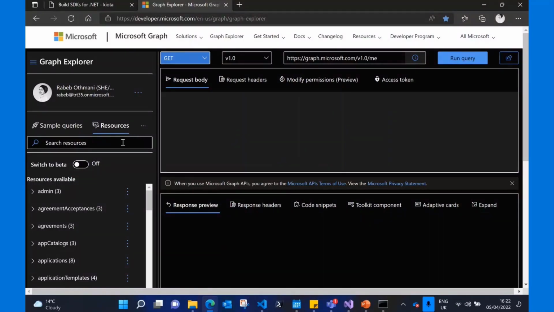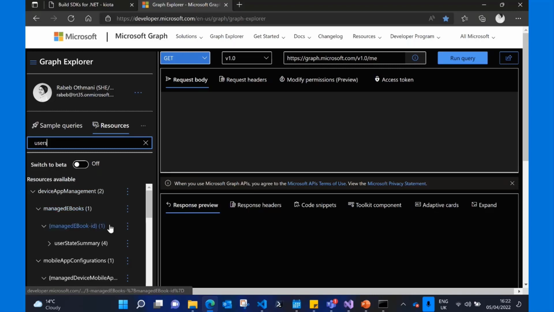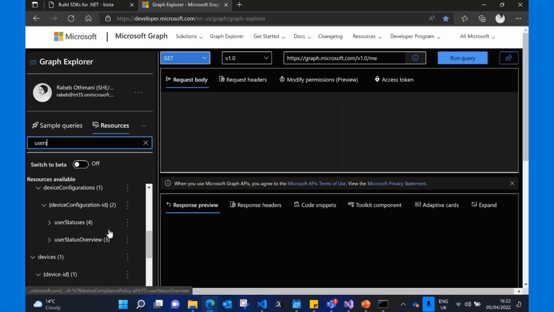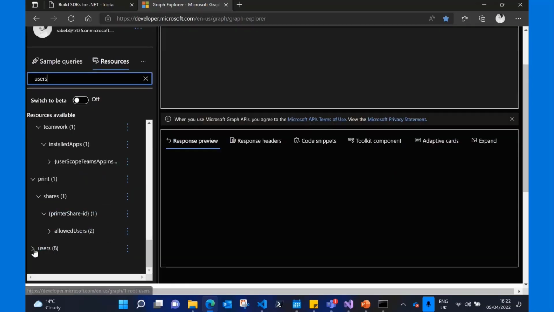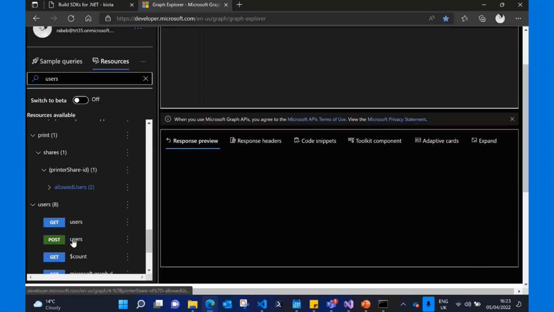So the resources that I need for my demo are endpoints related to users. So I'm going to use the search and say, look for users, and then I'm going to see everything and anything that has users in it. But I am going all the way here. So I go to users, and I can see